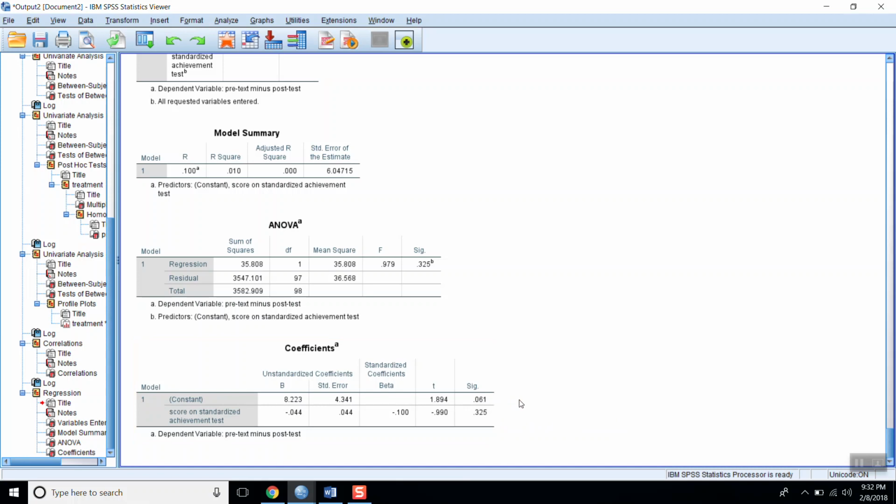That constant that you keep seeing with a significance is where that line hits the y-axis. And so that significance test tells you, is the place that the line hits the y-axis significantly different from 0? Most of the time for us that means nothing, because our scores are not standardized around 0, so it doesn't mean anything to us. But for some people in some fields it might mean something, but that's why we ignore it, because it doesn't matter to us.